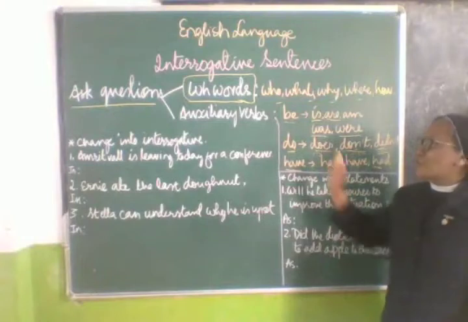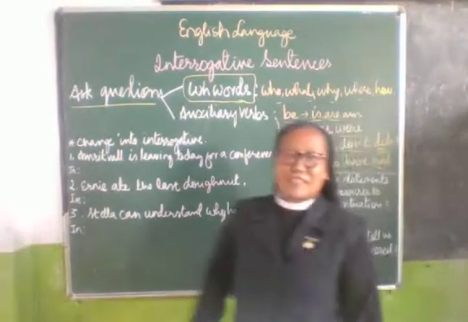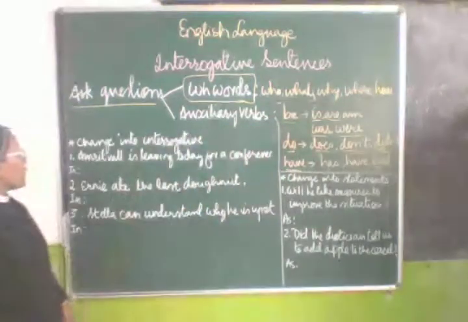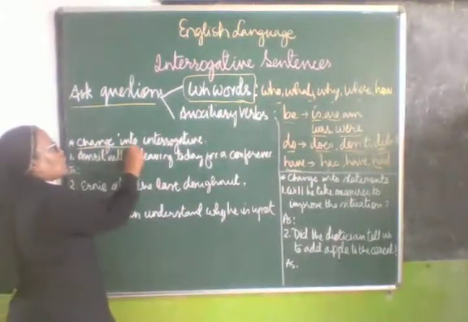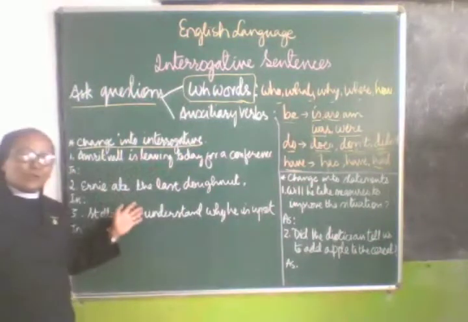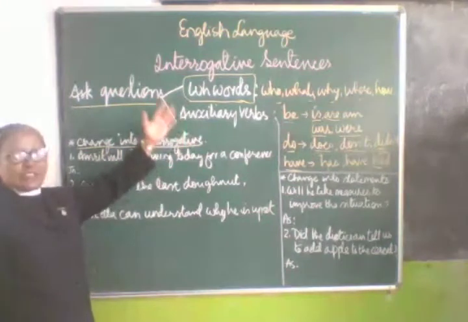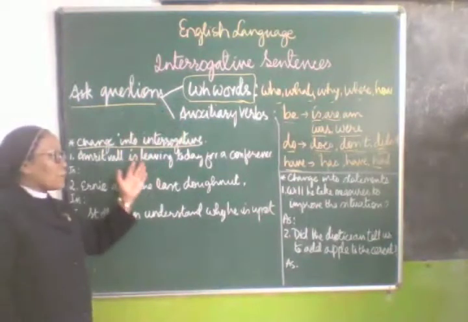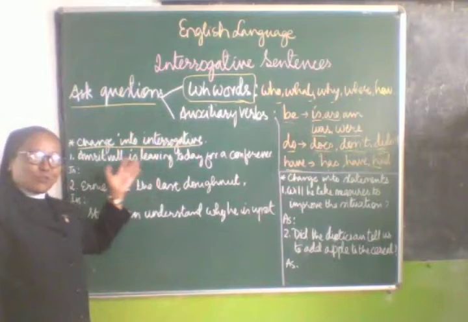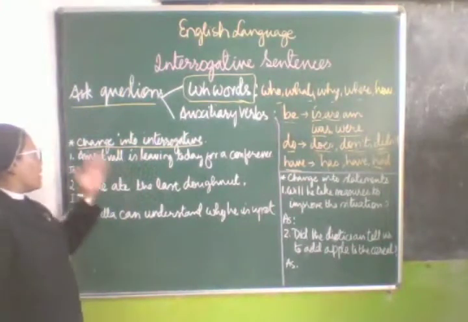So with this, we proceed with the sentences. Okay, some of the sentences. See how to do it. Change into interrogative. See, the statements have been given to you. Now you have to change these into interrogative, that means you have to turn them into question form. All right. Now, sentence 1 is